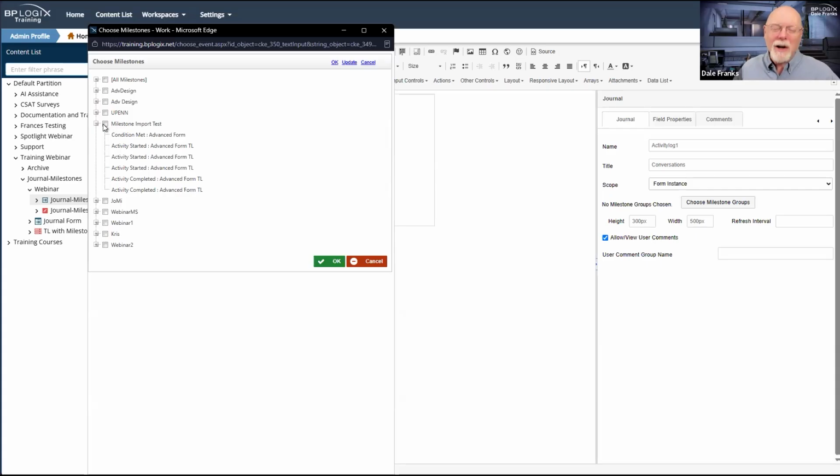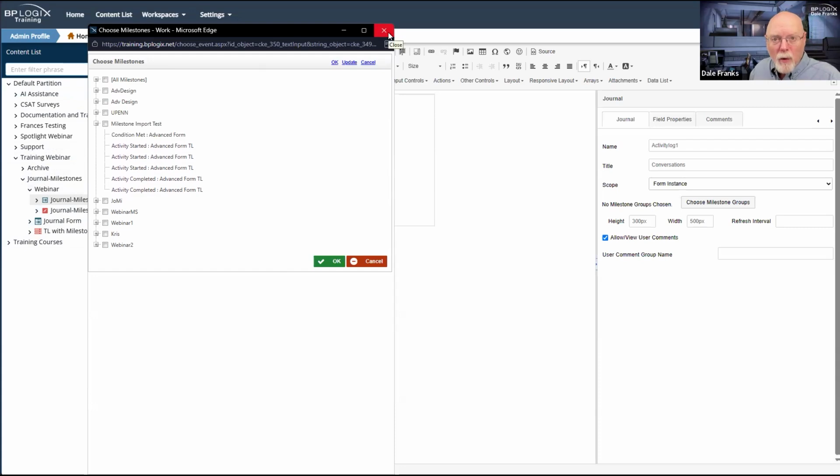And so you are going to want to put the journal control on the form. So it gets a little confusing as to the order in which things work. Right now, I don't have a milestone group that I can use. I mean, I do have milestone groups that are used in other processes, other forms, other process timelines. They're not really relevant to what I am going to be building here today. So there is no milestone group that I can use.